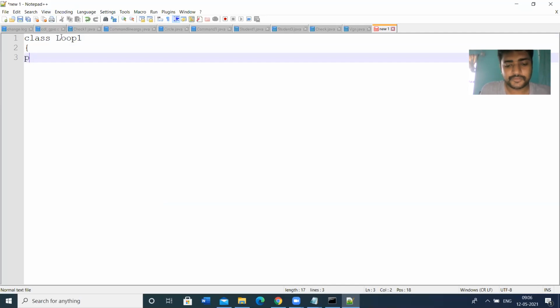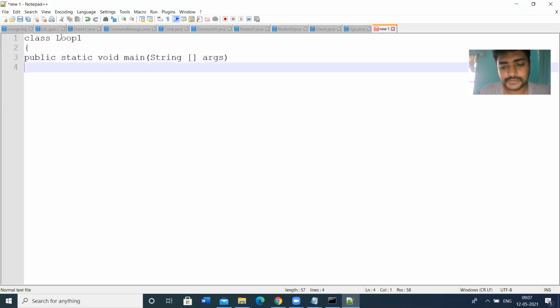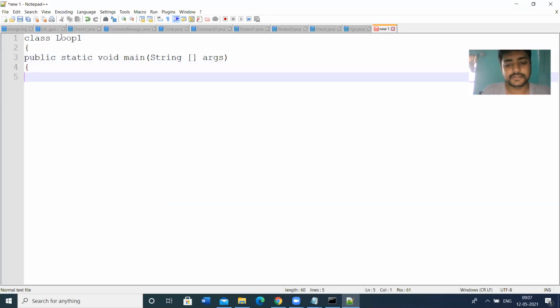So main method, I'm defining the main method, public static void main. Here String's S is capital, because String is a class. String args arguments, then we have to define some methods.